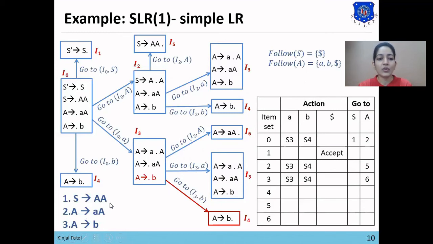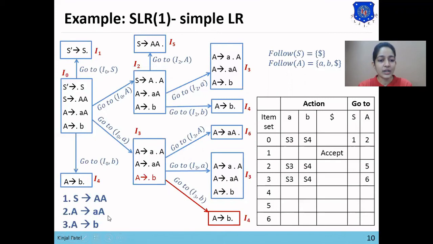Now we'll check for the second A, which is also present in the first statement. We'll apply the rule of follow on the second A: as no symbol is following the second A, follow of the left hand side, follow of S, will be placed in follow of A. Follow of S is dollar, so dollar will be placed in follow of A. Now we'll apply the rule on A in the second statement.